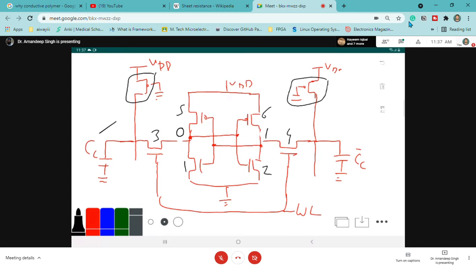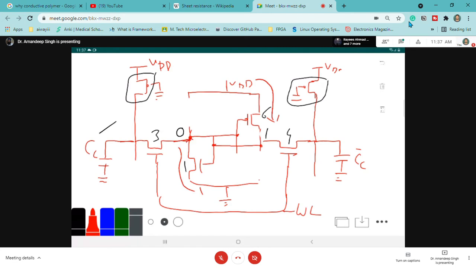Now if 0 and 1 are stored, it means our M2 is off. I am deleting this M2, because this 0 is connected with M2. Similarly, if 1 is stored here, M5 is also off, so I'm disconnecting this one. 0 is turning on M6 and 1 is turning on M1. So the VDD path is this one and this is connected with ground. That's why I'm showing it like this. I'm reading 0.